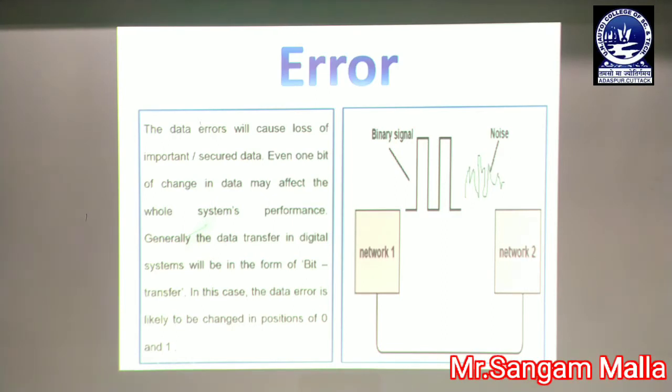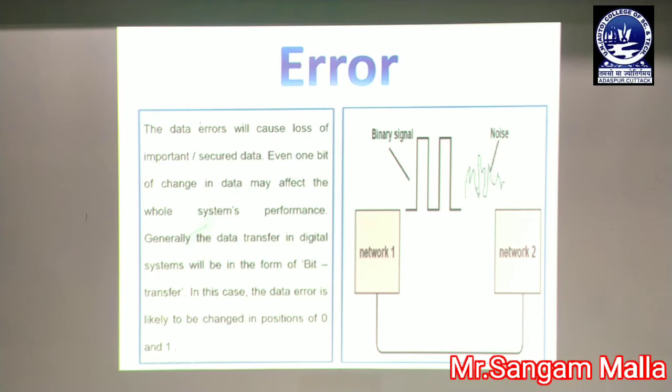So you can see the image over here. This is network 1 and this is network 2. You can say this is the sender and this is the receiver. Whenever the sender sends any data, the data input is obviously in a good form. You can see the digital version of the data, that is a binary signal. Whenever we send the data, it is not exactly what is received by the receiver. Whenever data is sent from the sender, you can see that there is noise over here. You can see how the imperfections are found in the noise.